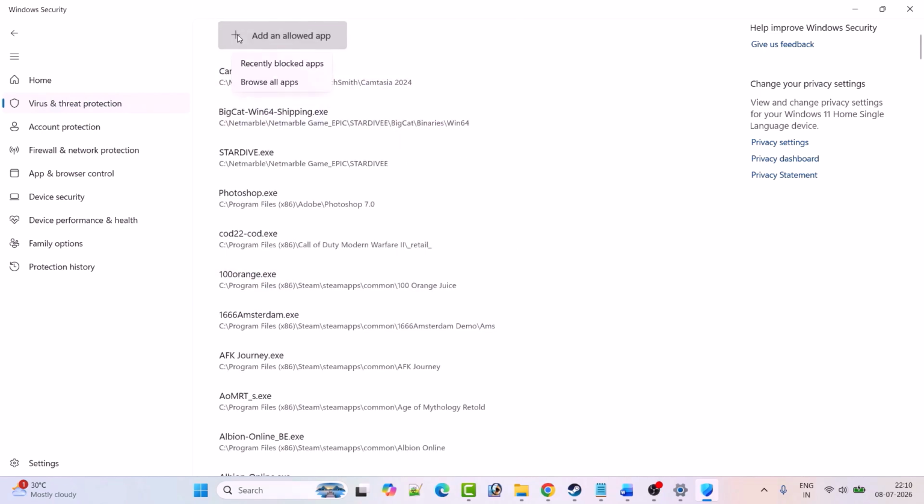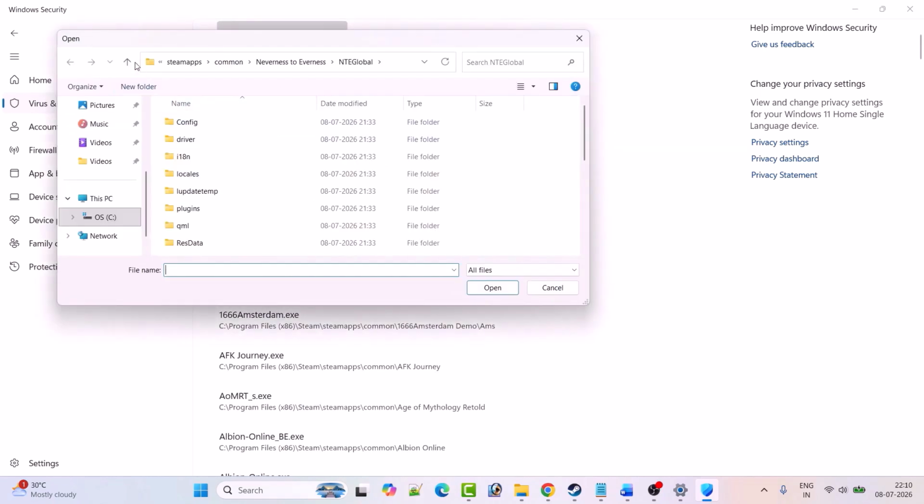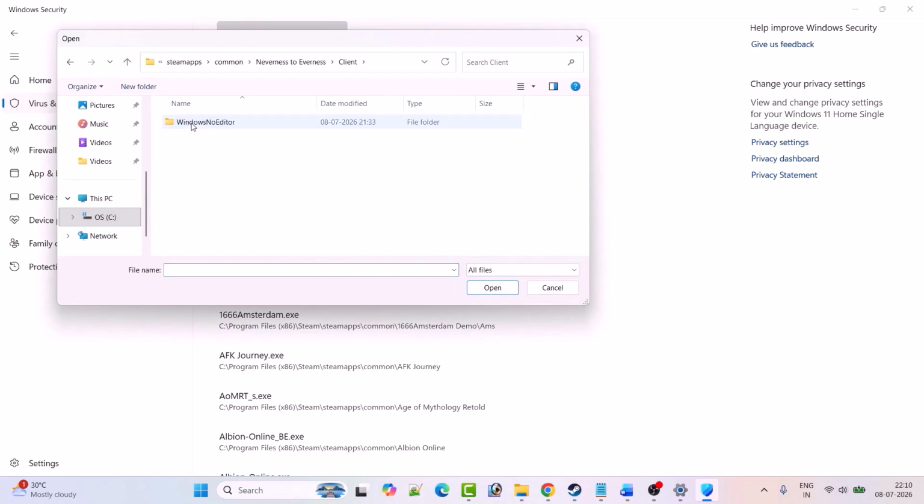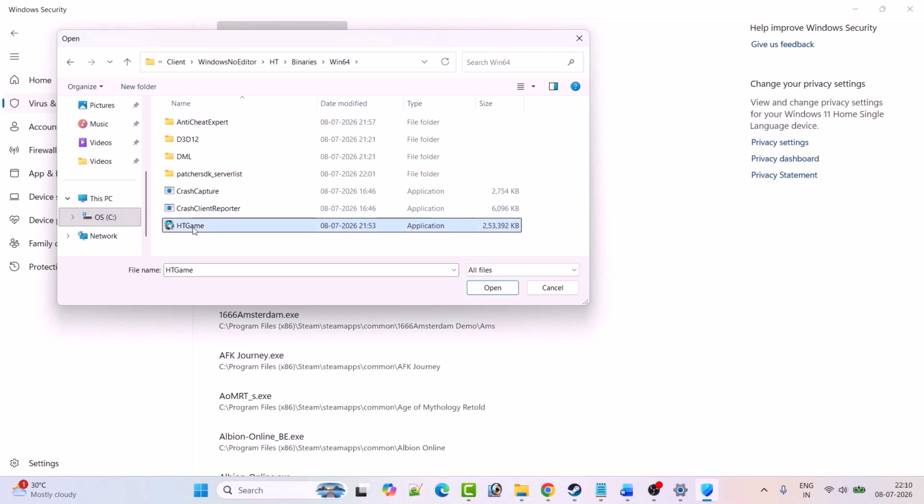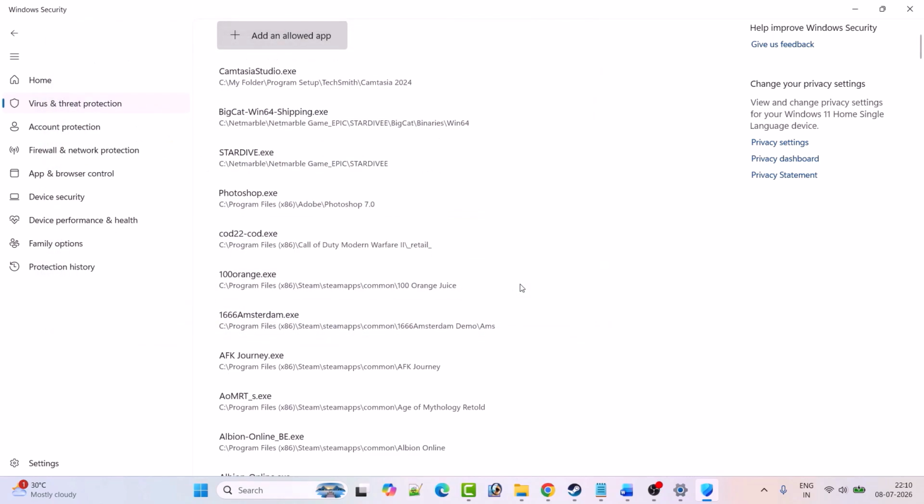Again click on add an allowed app, browse all apps. Now go back, open client folder, Windows no editor folder, HT folder, binaries folder, win64 folder. Select this HT game exe file and then click on open. Now go back,